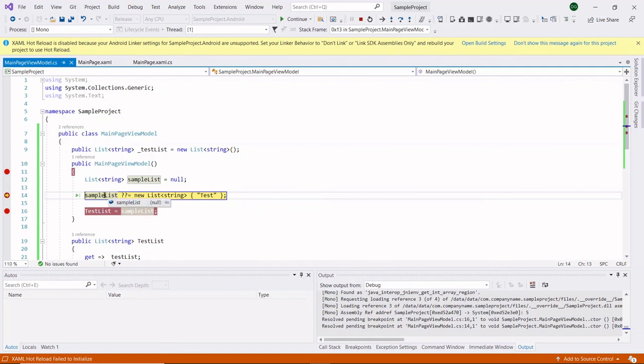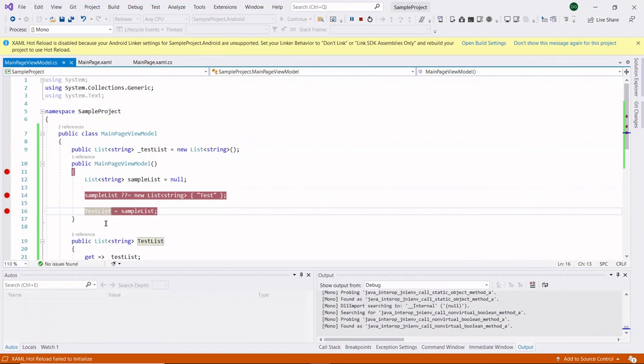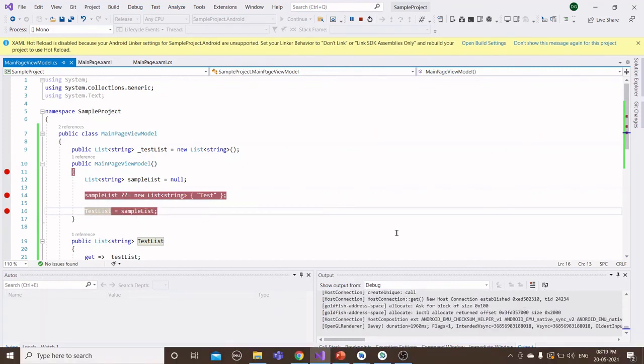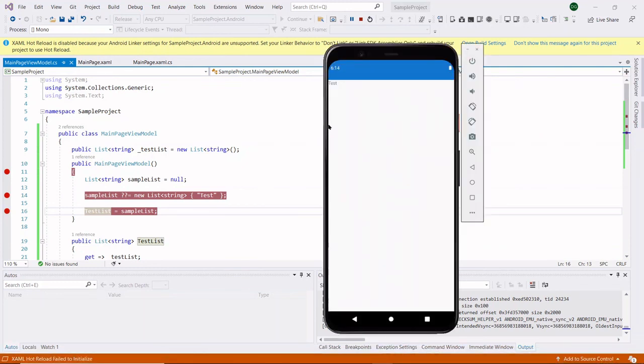If it is null, we are assigning default data to our sample list by using the null coalescing assignment operator. Here you can see that our default list view data is displayed, because we are checking whether the sample list view is null or not by using the null coalescing assignment operator.